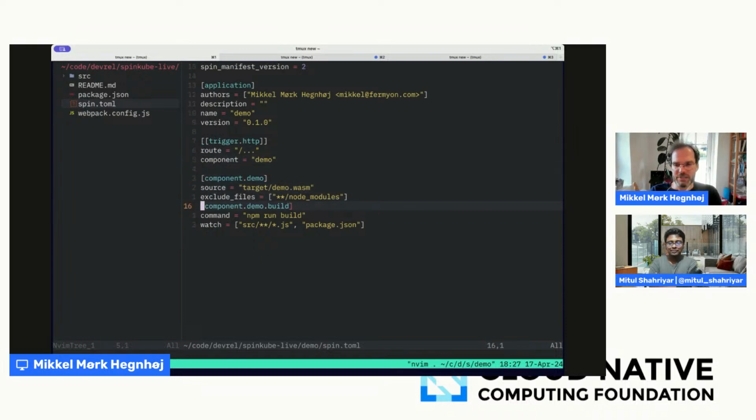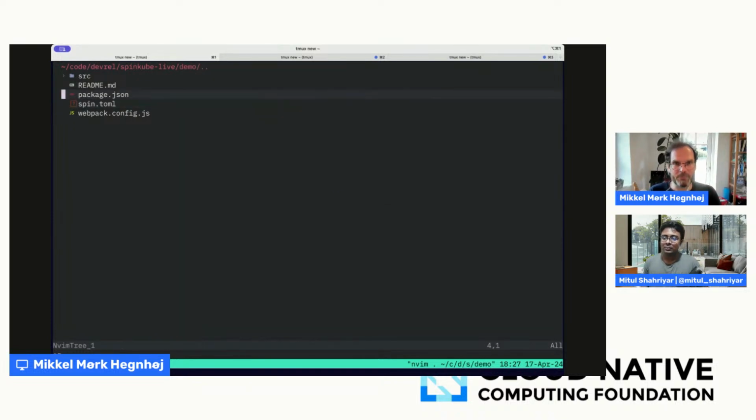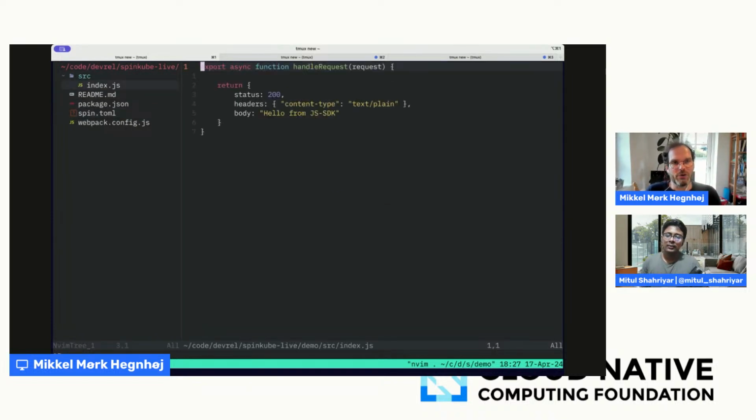Okay, there are some build commands in here, and that's basically a developer experience thing, which says if I run a Spin build command, because this is JavaScript, we're now bridging over to the NPM world, and we have npm install what is needed. The other thing I want to quickly show is the actual implementation. This is where the serverless paradigm shows itself, because the implementation I have to do as a developer is basically export a function that takes a request and returns a response, right? And that is tied to the fact that I'm using HTTP triggers, so I'm listening for HTTP requests,